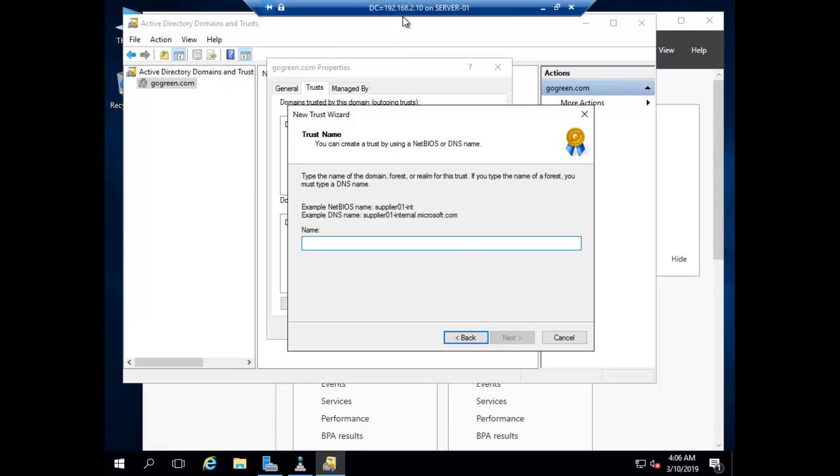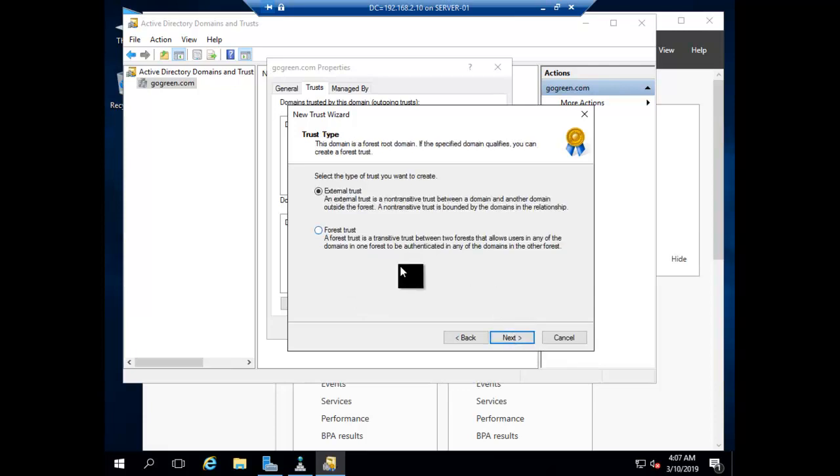That means we are on DC01, that means we are on gogreen, and we want a trust relationship with bluechip.com. Here it is important: if it is able to resolve, then it will proceed, otherwise it will give an error. Here it was able to ping and we have put the DNS correctly, so it gave us